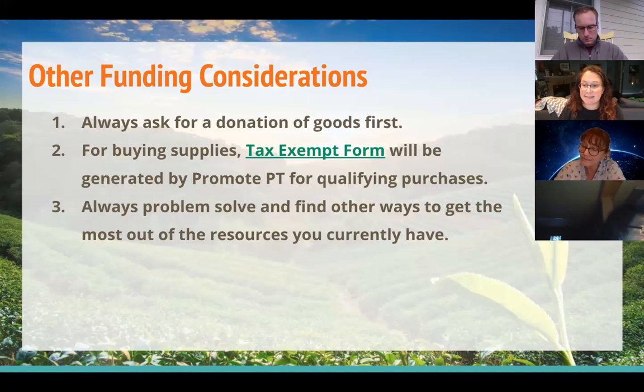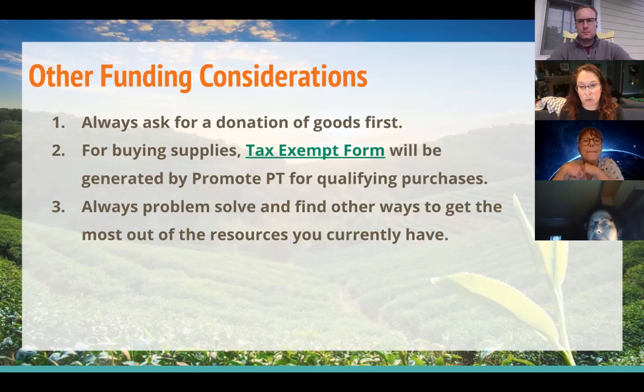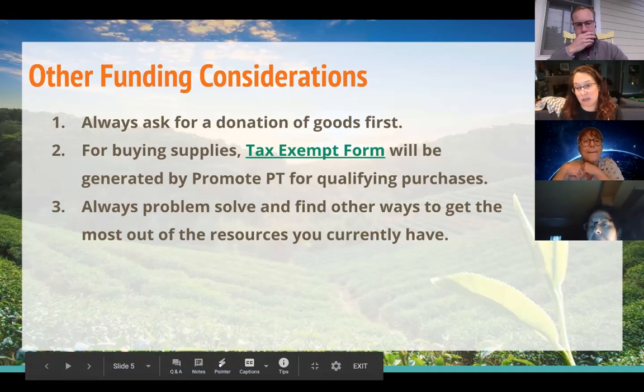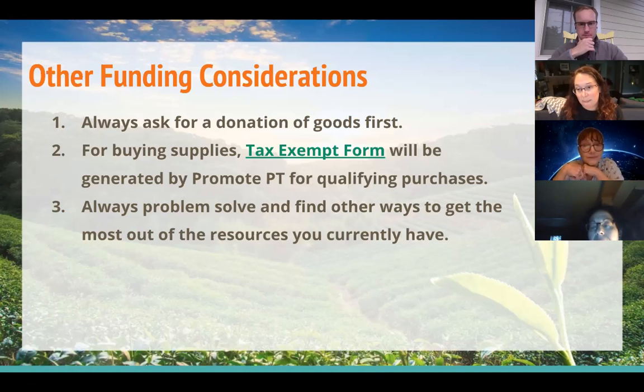But there's also a tax exempt form. So if you're going to buy stuff, what we've done is we've linked our request for tax exempt form here. So this isn't the actual form. This is the request for the form, and it's just a Google form that you fill out, and it's going to give us all the information we need to complete what's called a 1220. That's a Pennsylvania tax exempt form. I have to fill it out, sign it, and then I email it back to you. So when you make your purchases for your project, I have all the information I need and I can get that back to you quickly.